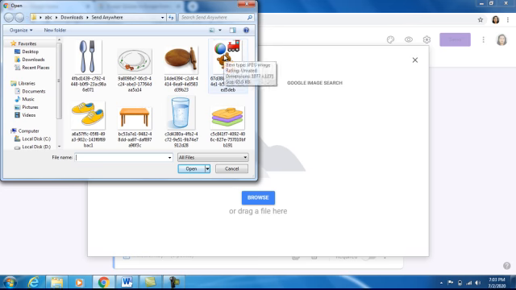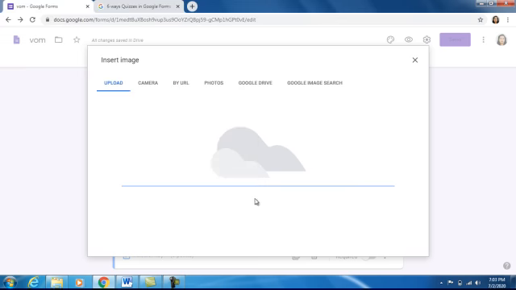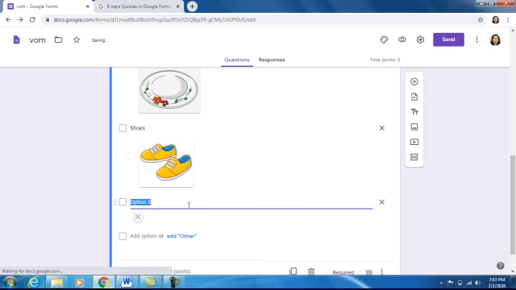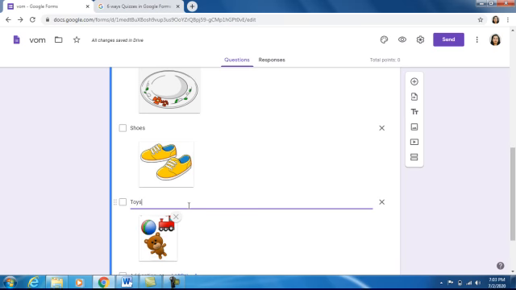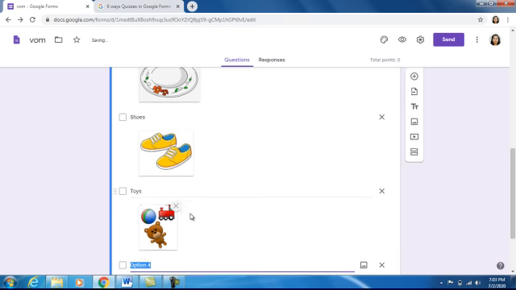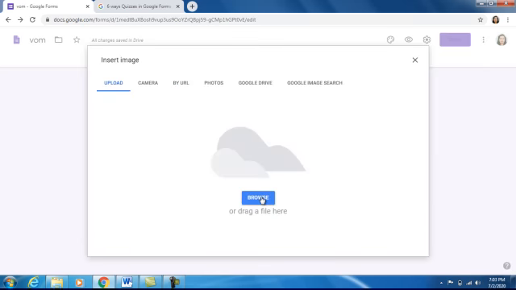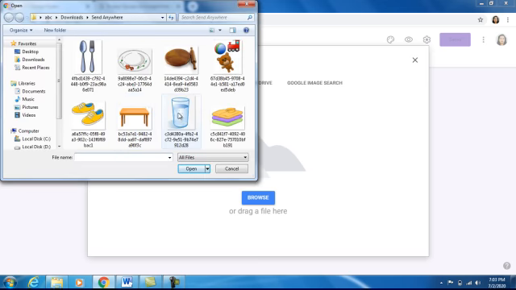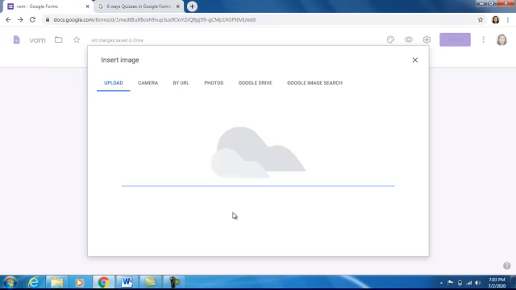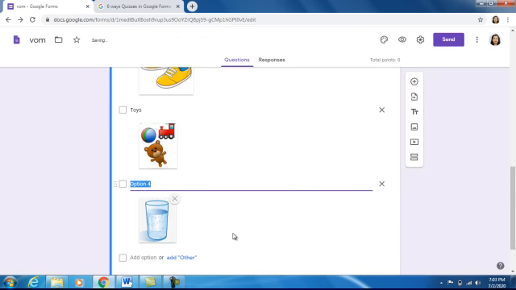Suppose now I selected this toy, write down toys, press enter, select one more picture, again click on browse, let's say glass, click on open, change the name, write down glass.